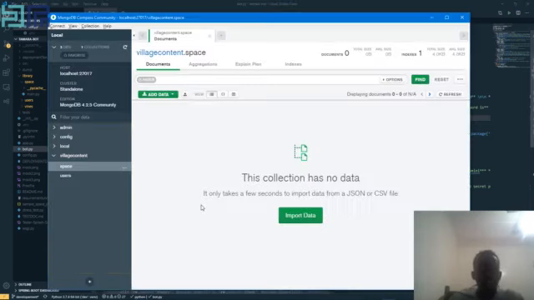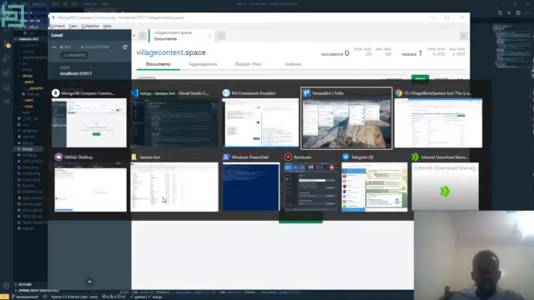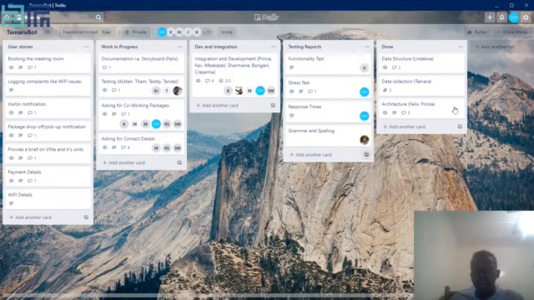So let's go into Trello. It should guide us. Yeah, so in Trello, the most important aspect is we need to be able to know